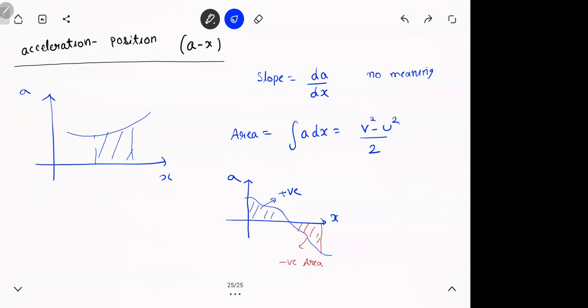And when you're taking area, you have to use the same sign. Above the x-axis positive, below the x-axis negative. Okay? That's it. That is the only formula there. All copied? Put it up. We'll see some problems on this.